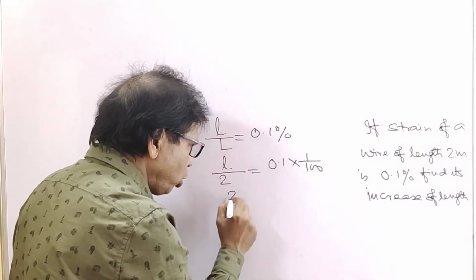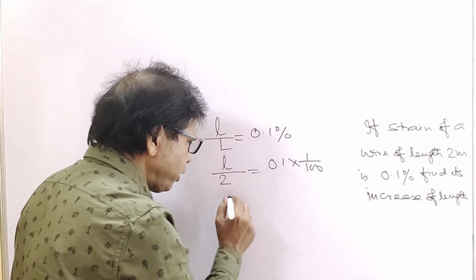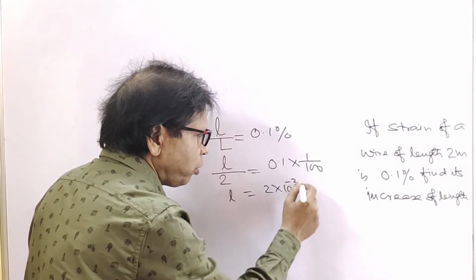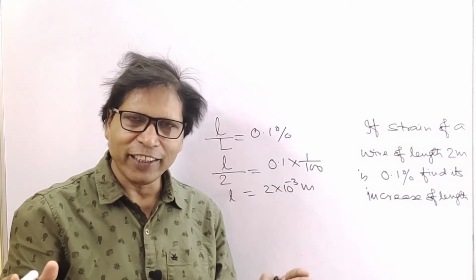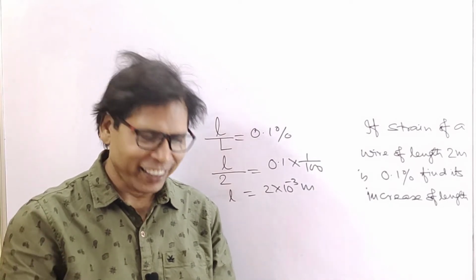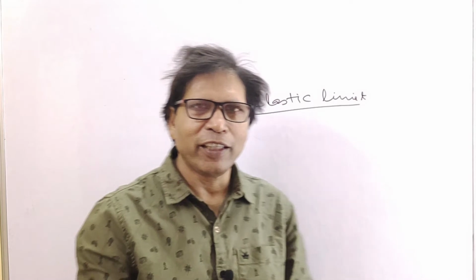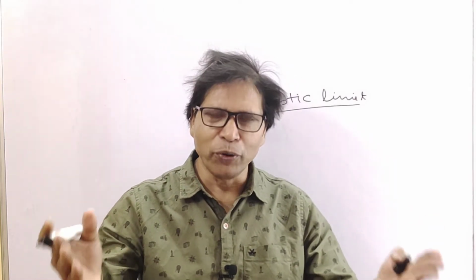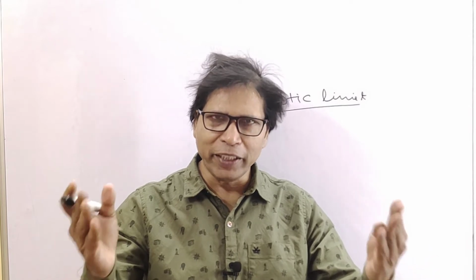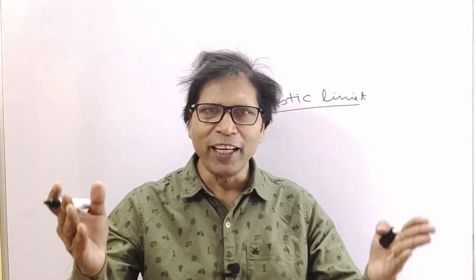So look at this, l equals 2 into 10 to the power minus 3 meter is the elongation, or increase of length of the wire. Okay. Next, elastic limit. The balancing force or load up to which an elastic substance exhibits the property of